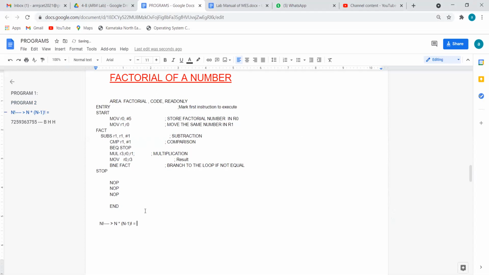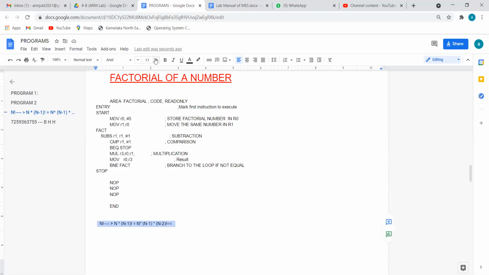Next, what we do in substitution is n star (n minus 1), then again star (n minus 2) and its factorial. So this is the procedure till what we substitute here. One more step which I feel is important, so let me explain that also. Here is one important observation.